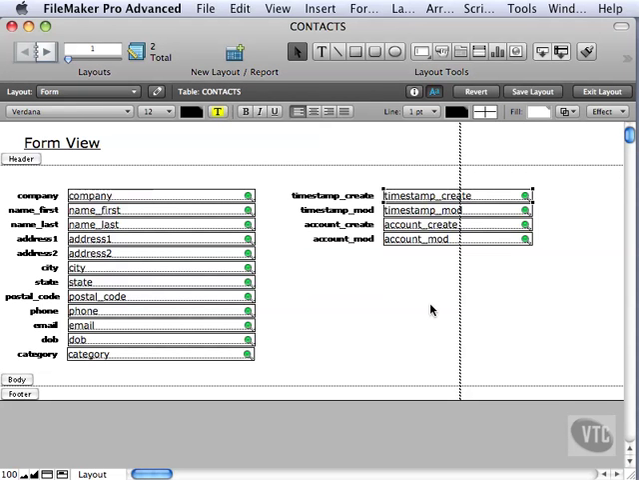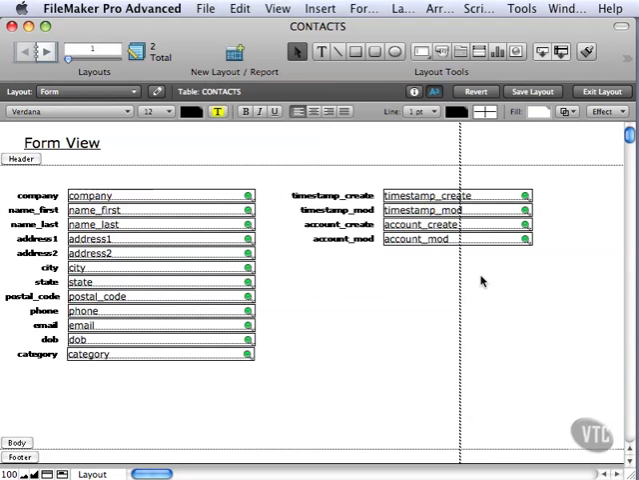Let's have some fun with the line tool. What we're going to do is organize our data entry fields in one area and our housekeeping fields in another area with a simple line. So right now they're kind of organized from left to right, but I'm going to go ahead and drag the body part down a little bit, make more room in it, and then we're going to drag these fields in there